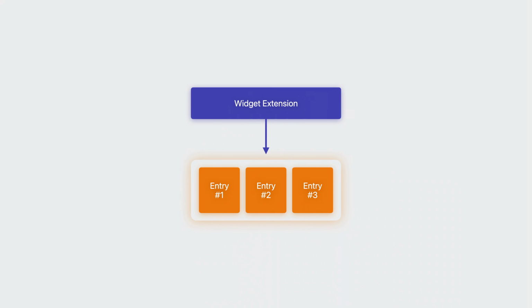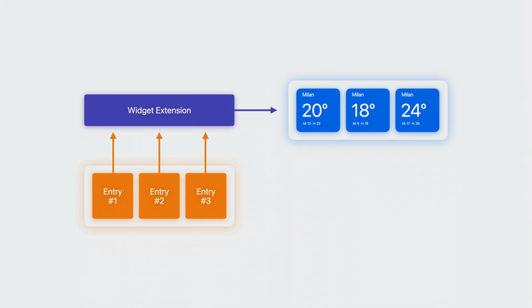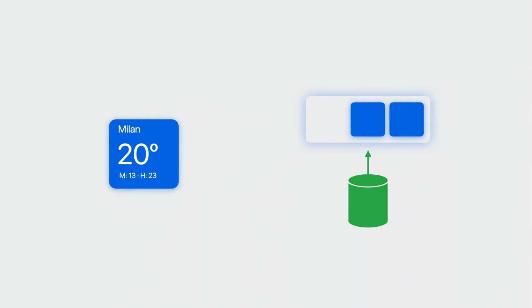Widgets define a timeline provider that returns a series of entries, which are effectively the widget model. If a widget is visible, the system launches the widget extension process and asks its timeline provider for entries. These entries are fed back into the view builder that is part of your widget configuration and used to generate a series of views based on these entries. After that, the system generates a representation of this view and archives them on disk. When it's time to display a specific entry, the system decodes and renders the widget archived representation in the system